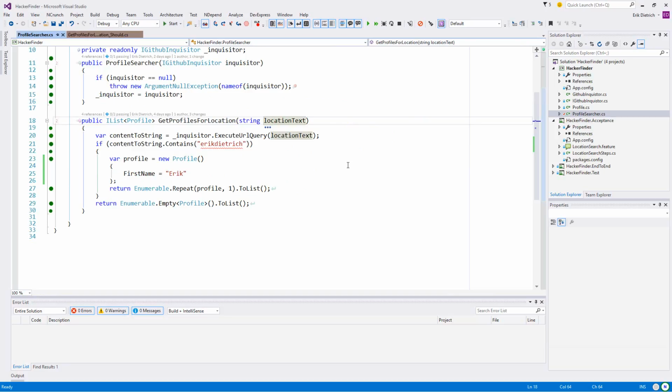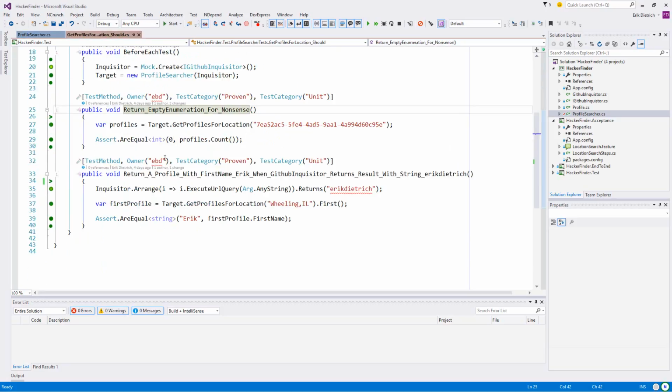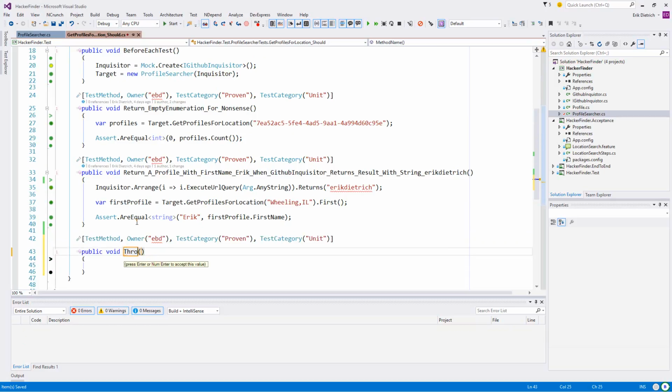Let's see. Probably, if I'm calling this method, I'm going to anticipate later maybe adding different methods where I search by different parameters. I don't want my API to be, if I don't want to specify a location, pass in null for a location. Ergo, I'm going to work backwards and say, throw an argument null exception.